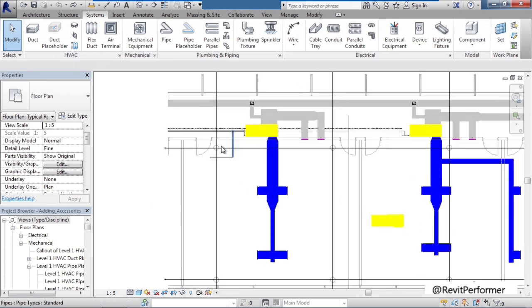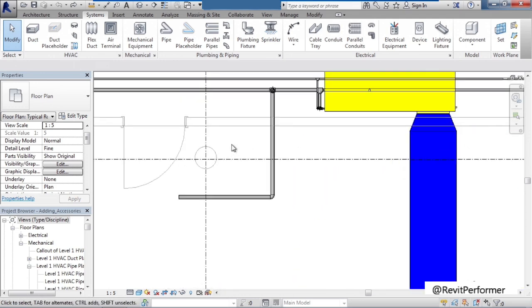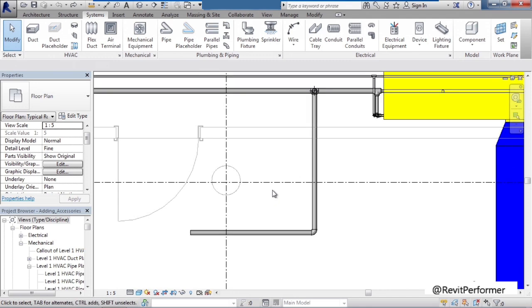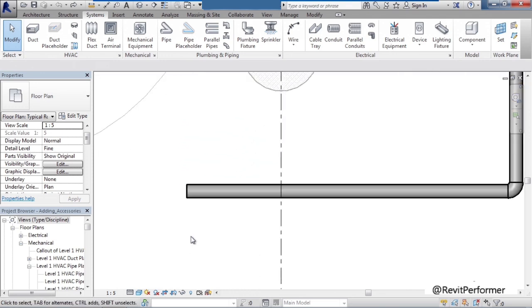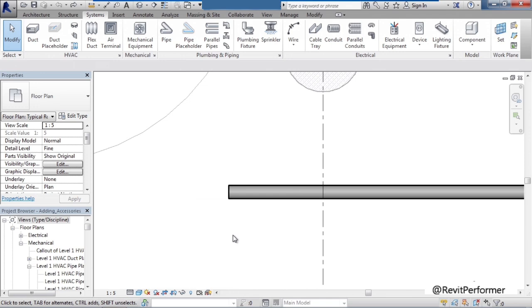I'm going to zoom in on the upper left corner of my Revit project, and what you'll notice is I have a pipe run coming out from the main pipe system, and it just stops abruptly. Well, what we want to do with this pipe is actually put an end cap on the end of it, and once we do that, we'd like to drop in a valve. So we'll use the pipe fitting and the pipe accessory tools to do both.